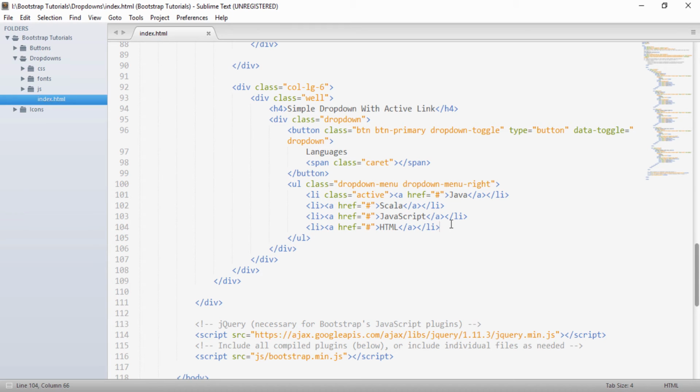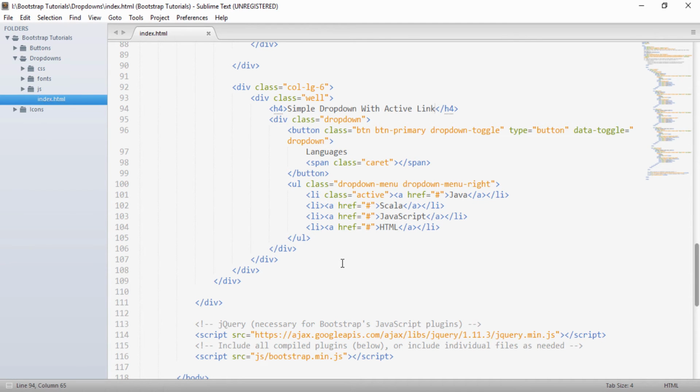These are four list items. Sometimes a requirement comes up to separate these, to show that Java and Scala are one kind of language and JavaScript and HTML are another kind. So we can provide a separator also.